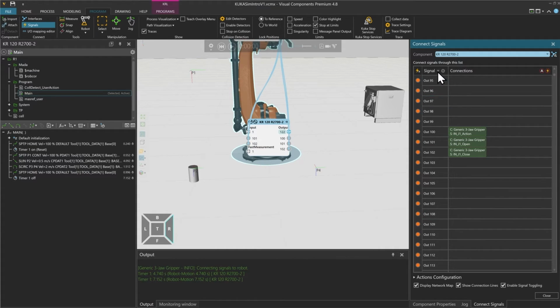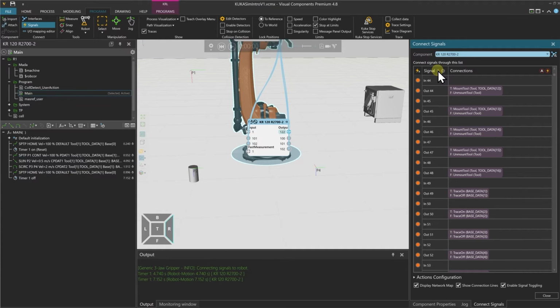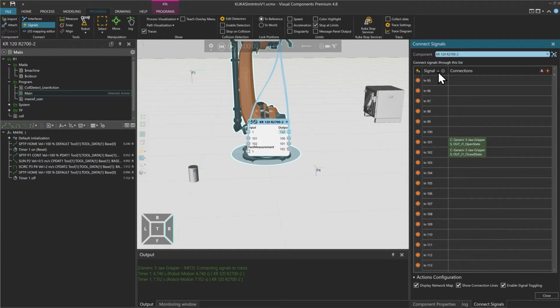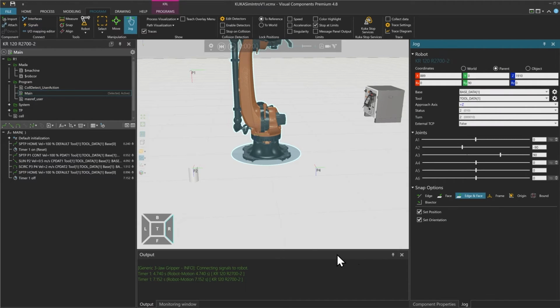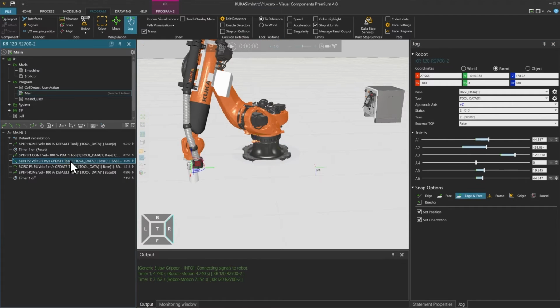Let's have a further look at the input signals. So if I double click here on the little arrow, we can see that we have the in signal 101 for the open state and the in signal 102 for the closed state. Now I can close this little window, and I will now go to my point number 2. And after this point number 2, first I want to grasp the part in my simulation.